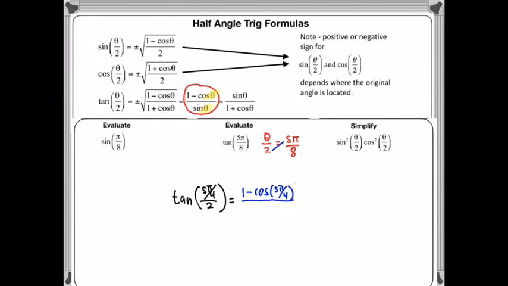All over the sine of 5 pi over 4. Okay, and we don't have to worry about positive and negative signs for the original angle here, but we do have to worry about positive and negative signs when we are doing these out. Okay, so if we look, we're going to have 1 minus, okay, and the cosine of 5 pi over 4,